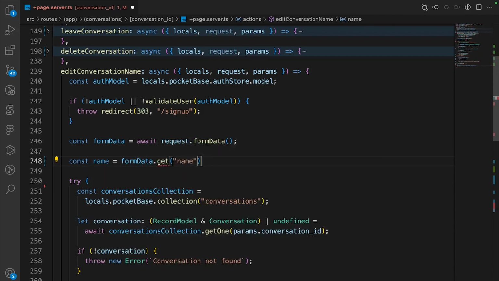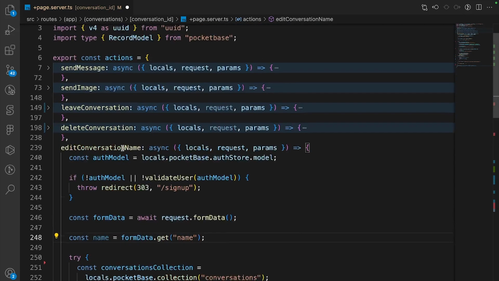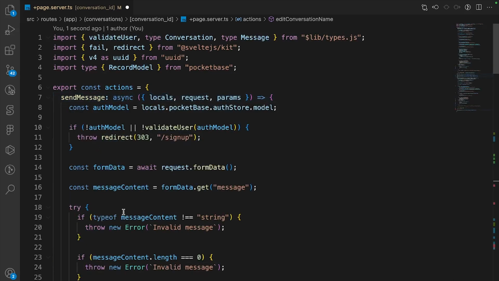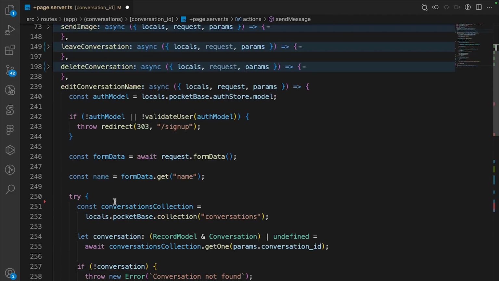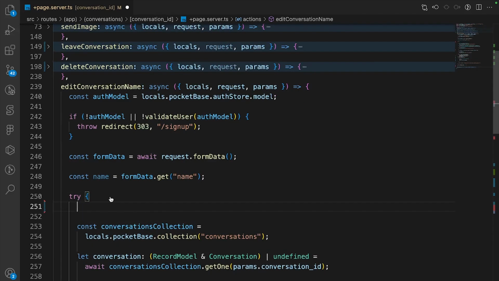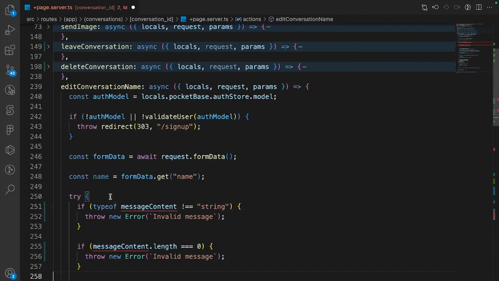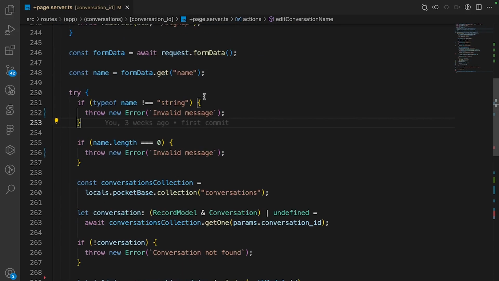So you can see that if we actually want to edit the conversation, we actually need to get something on the form data. So let's copy the validation right here. So essentially, most of the validation we do is very similar. And theoretically, I could have installed a package to do this for me, but I wanted to do this with the least amount of packages as possible to show you guys what it takes to actually build a real service with real functionality. So we edit this and we say,